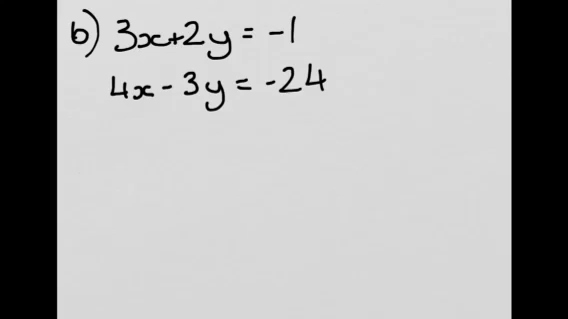In question 6 you're looking to solve the equation for x and y. You're given 3x plus 2y equals minus 1 and 4x minus 3y is equal to minus 24. Same way any simultaneous equation, you need to start them off by naming your equations 1 and 2, and we're always looking to eliminate the y, so we look for the lowest common multiple between 2 and 3,